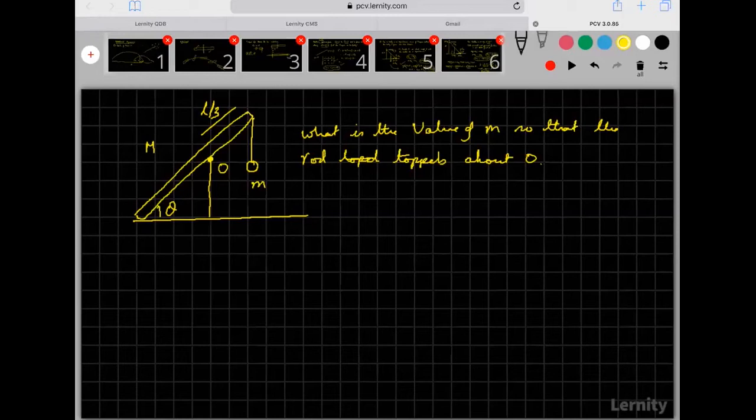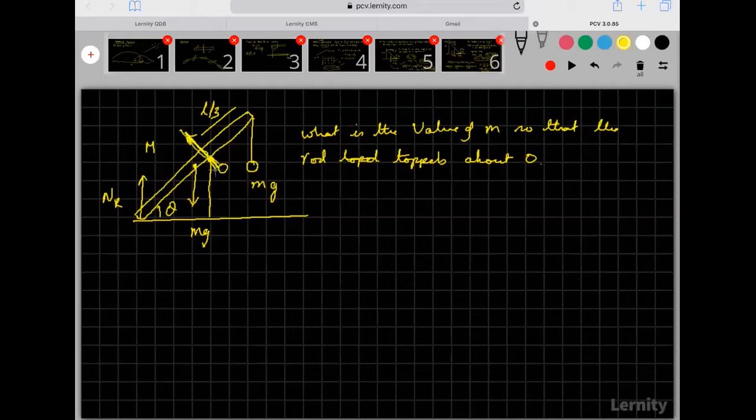So if I have to help you out again, first step always is to draw all the forces. So there is a force here acting, that is mg. There will be a force here acting, which is nr. There is a force here acting mg. Then there will be a normal reaction here. Now this is going to be my point, my origin, my fulcrum.